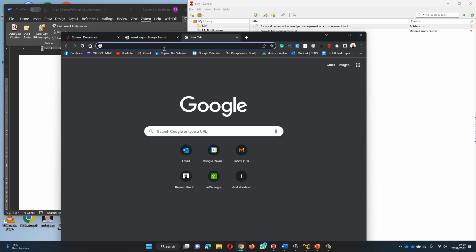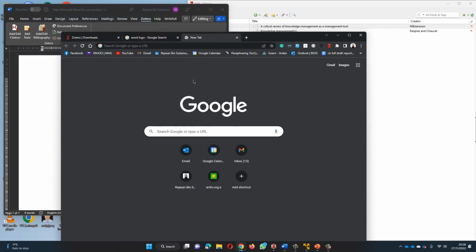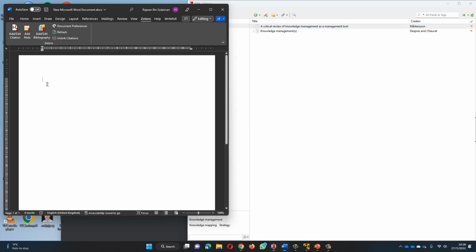Now let's work. I have everything installed and up and running. The first one is Microsoft Word's Zotero add-on, which is there. The second one is the Zotero add-on in Google Chrome, which I can see is there. And the third one is the Zotero software itself. So for example,